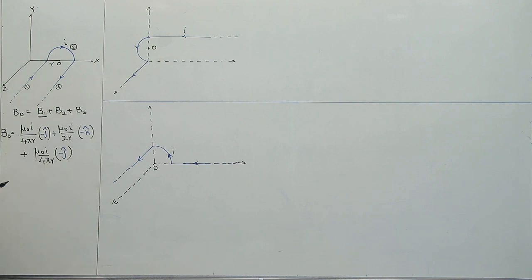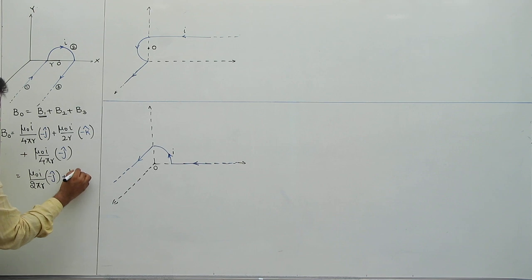Now I can add these two, as these two are acting in the same direction. So mu naught I by 4 pi r plus mu naught I by 4 pi r will become 2 mu naught I by 4 pi r, or mu naught I by 2 pi r minus j cap, plus mu naught I by 2r